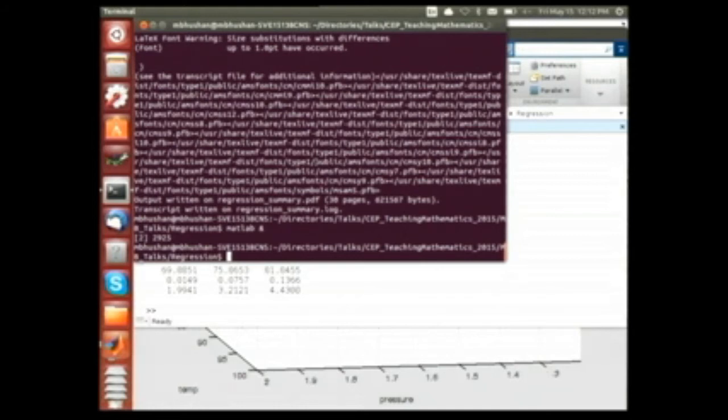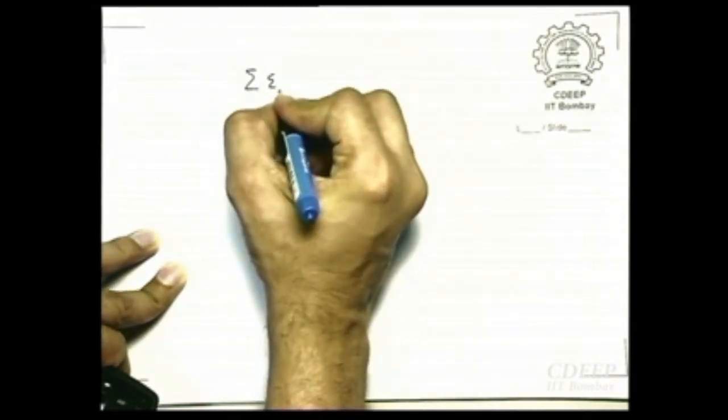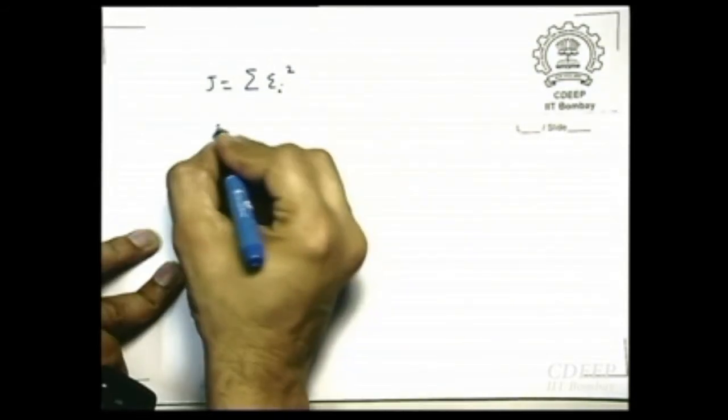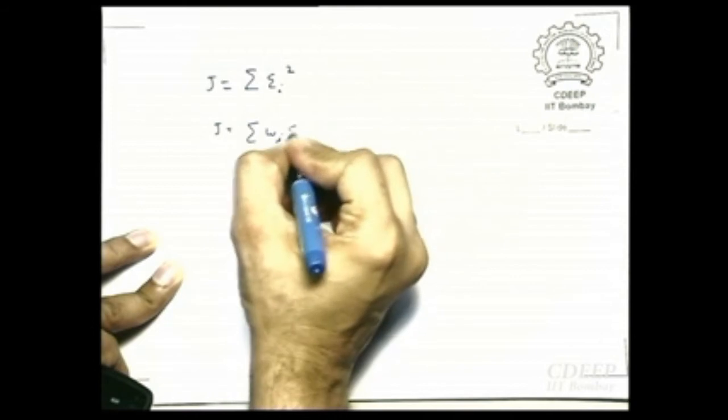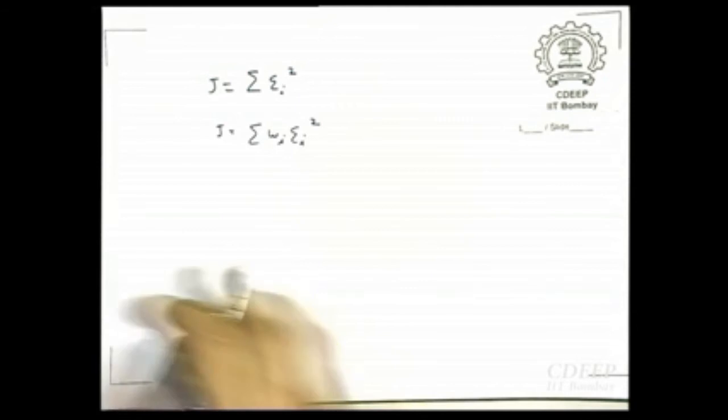So yesterday, if you recall, I talked, very briefly, about weighted least squares. When we were looking at the optimization inside, we said one objective could be minimizing the sum of squares of those deviations, and the other could be minimizing the weighted sum of squares of those deviations, with wi greater than 0 being the weights. If you use this or this, you will get different estimates. In this case, this will give you A transpose A inverse A transpose Y, and this will have a weighting matrix: A transpose W A inverse A transpose W Y.